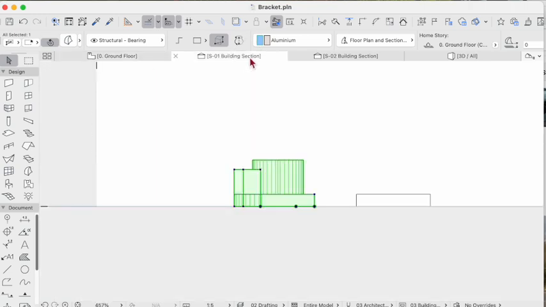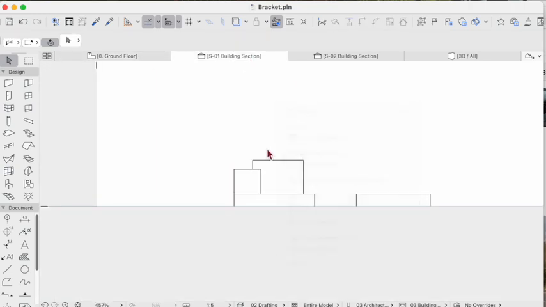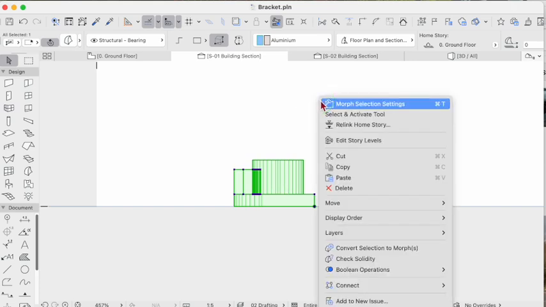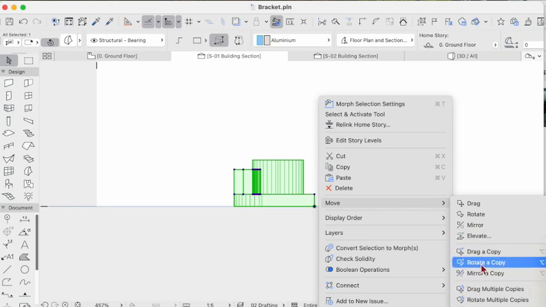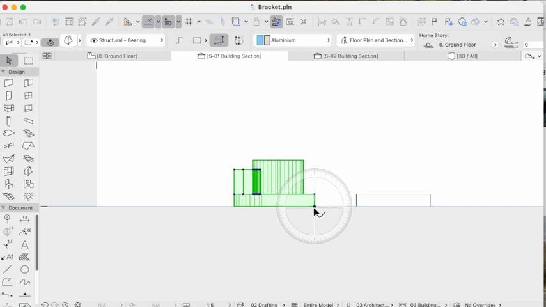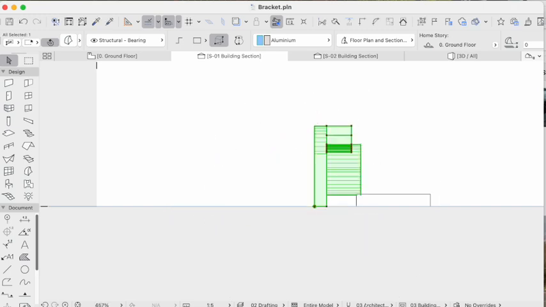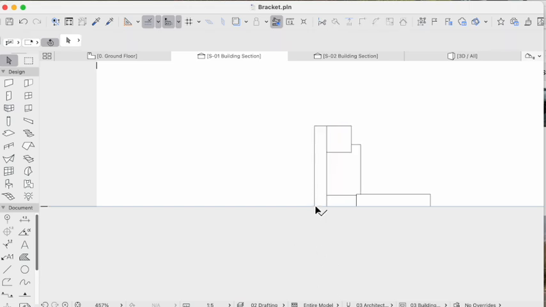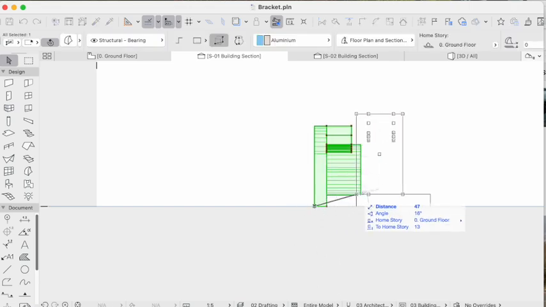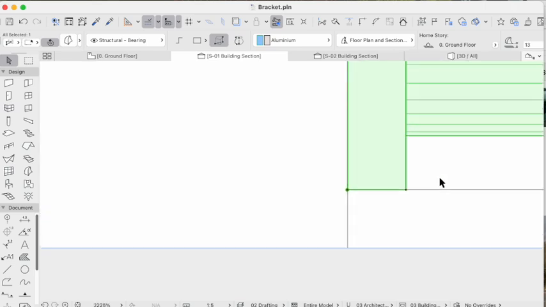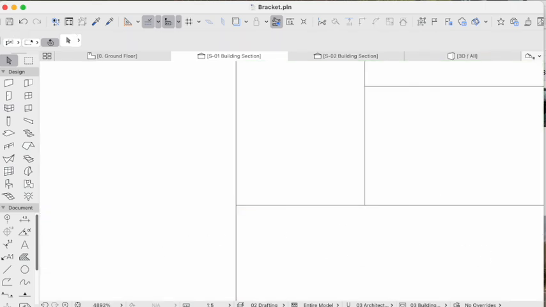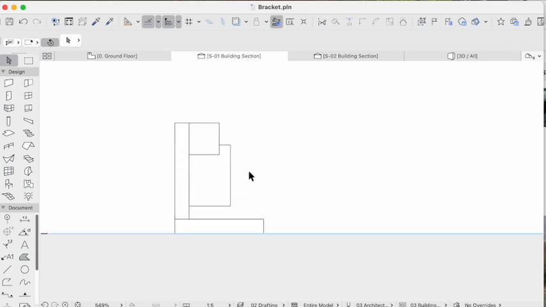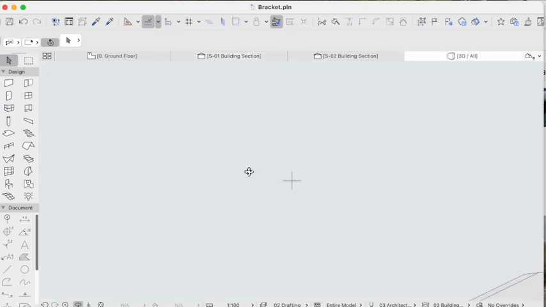Back to the section. Rotate, move, rotate, get it right, and simply go click, click, and then move it from there to there. Let's make sure I've got that right. Yep, that seems to be about right. Now if I go back to the 3D view again,